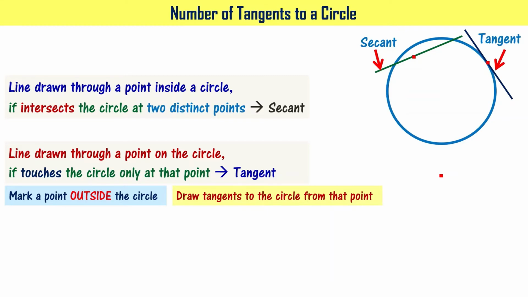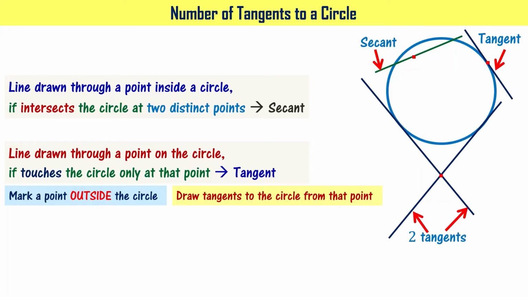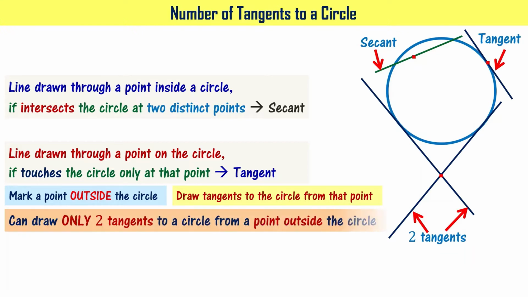Let's mark a point outside the circle now. Let's draw tangents to the circle from that point. As you see here, we could draw two tangents to the circle from the point external to the circle, right?